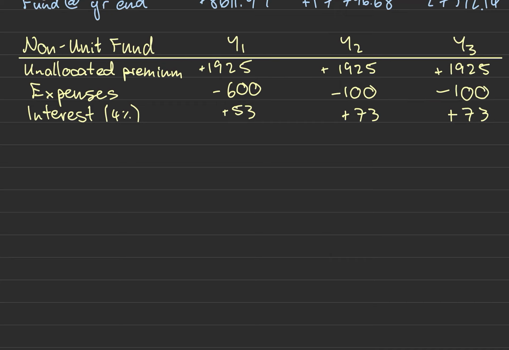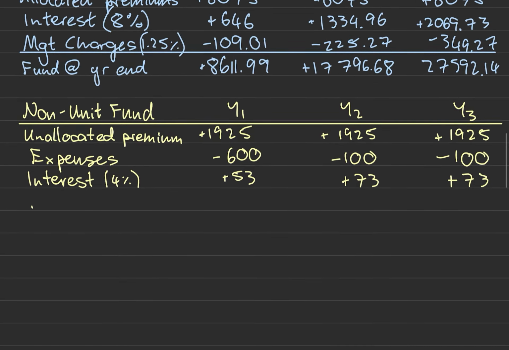Okay, that makes sense. So we're sitting here now at the end of the year in terms of time value of money. We've taken into account all the cash flows, premiums, expenses, interest. Now what do we take into account? Well, now these management charges need to be paid out before the death benefits and maturity benefits. Okay, so then here I'm going to write here my management charges. And by the way, it's okay for you to go ahead and do abbreviations like I'm doing here. And then, okay, so by the way, now this 109.01, you might think that, oh, I don't have the rest